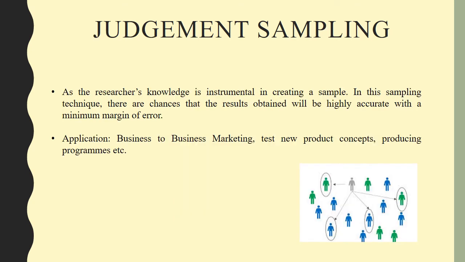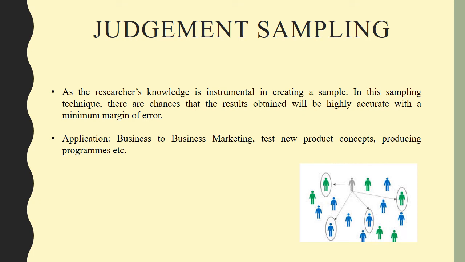Coming to our second part of sampling design is judgmental sampling. As the name itself indicates, judgmental, right? It is also called purposive sampling or authoritative sampling, and it is a non-probability sampling technique in which the sample members are chosen only on the basis of the researcher's knowledge and judgment. So that is why it is called judgment sampling. Based on the judgment of the researcher, the samples are chosen.